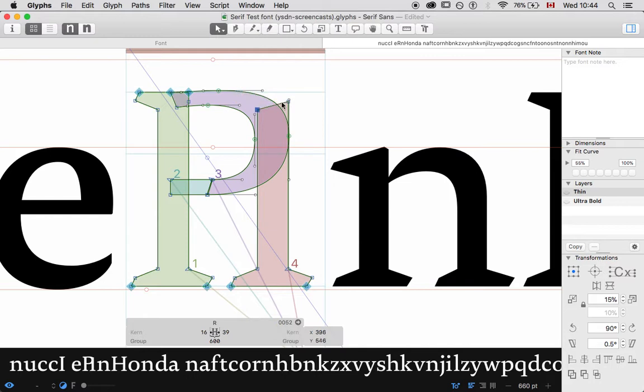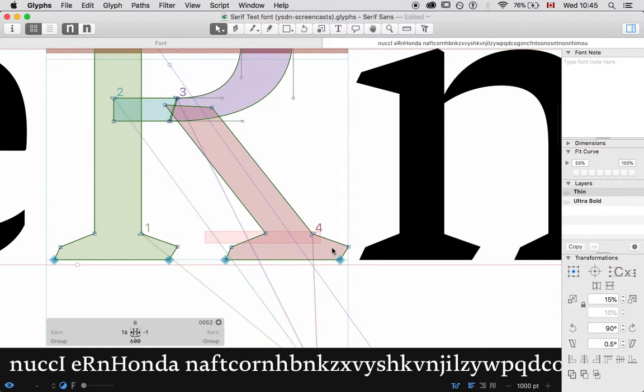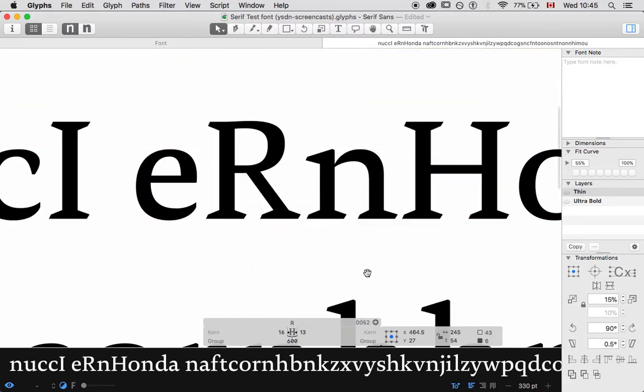So you might wonder, what should that angle be? Now, I'm assuming that this R is going to be a straight-legged R, which is what I'm going to make. What that means is just a straight diagonal instead of a kind of curved shape that you see on some Didot Bodoni style typefaces. I want this angle to be similar to that. So what I do is I get it lined up at the same angle,